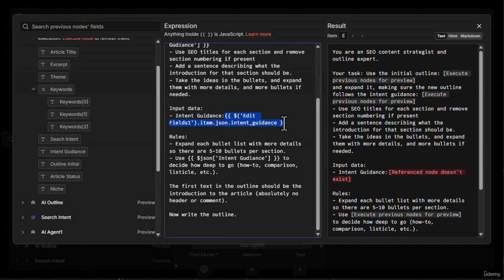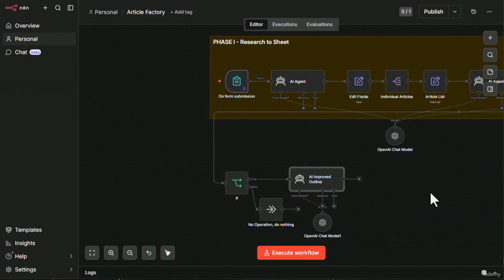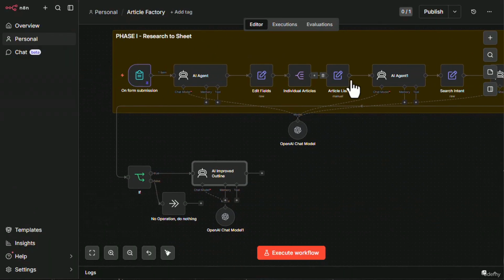So here's that intent guidance again, which we grabbed from here. Rules: expand each bullet list with more details, so there are 5 to 10 bullets per section, and then use this intent guidance to decide how deep to go, how to, comparison, listicle, etc. The first text in the outline should be the introduction to the article, absolutely no header or comment. Now write the outline. If we close this, you'll see that the little ticks have all gone from the rest